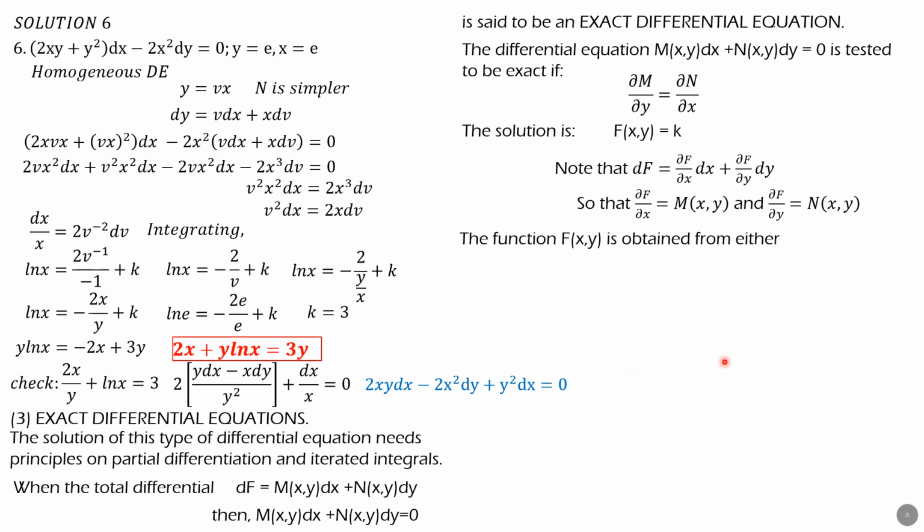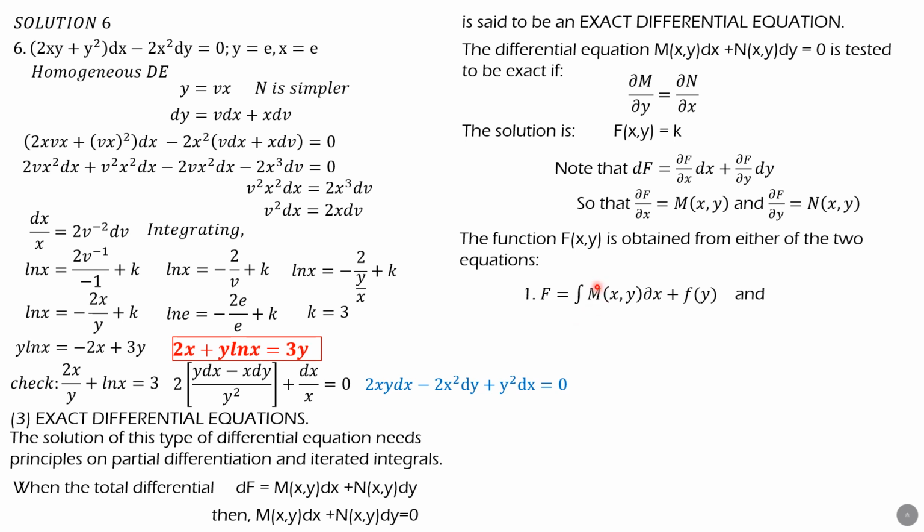So the solution will be of this form: f equals integral of m function of xy dx plus f of y, which is a constant of integration, which is a function of y, because this is partial differentiation. So the solution is any of these two: integral of m of xy partial of x wherein x is treated as the variable and y is treated as constant. So that's why the constant of integration for that would be f of y.